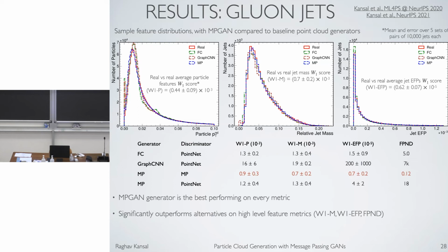And as I mentioned, we can use bootstrapping and get a baseline score of just real versus real W1 scores. We can see that the mass and EFP scores are within error of the real versus real baseline. That's a very good sign that we're learning the jet substructure correctly, and it's hard to do much better